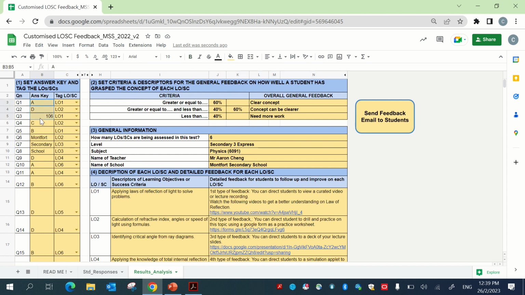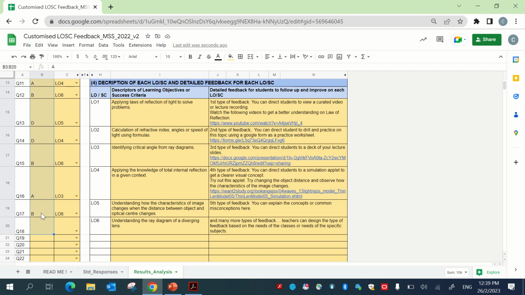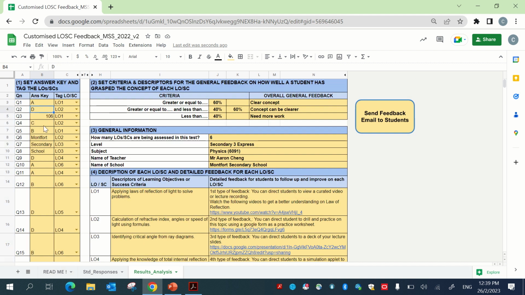The first thing that the teacher must do is to key in the answer key. It could be in the form of A, B, C, D if it's a multiple choice. It could be a fill in the blank with small numbers or short phrases, depending on how the teachers have